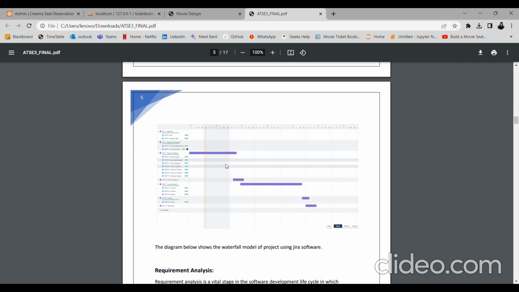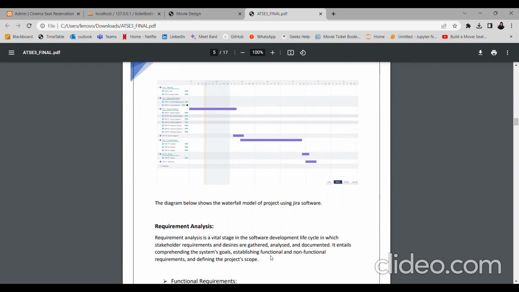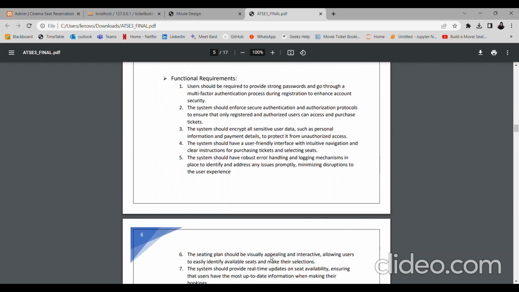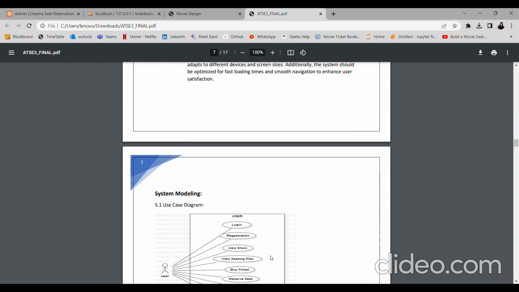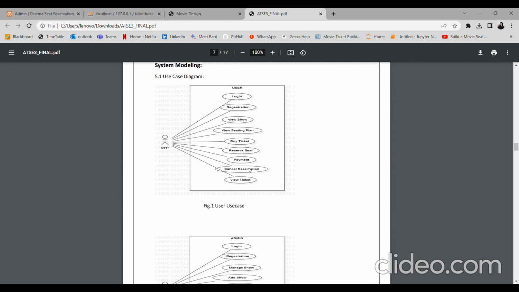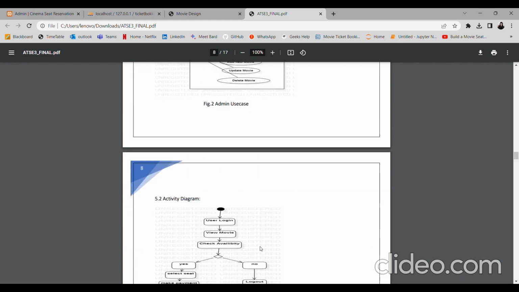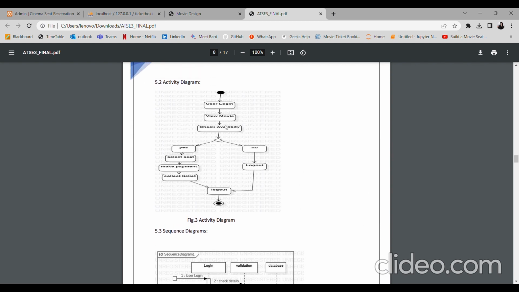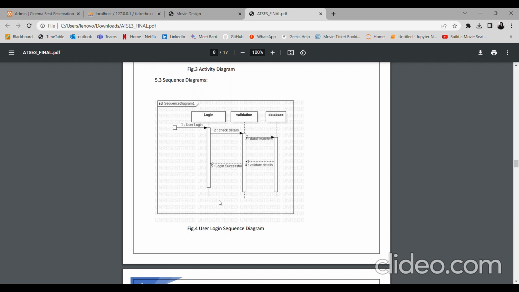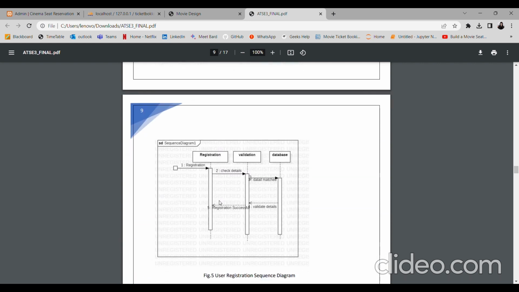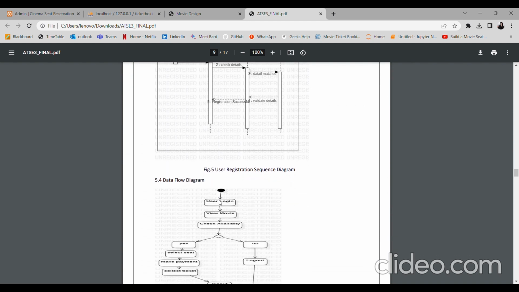In the requirement analysis, I also mentioned functional requirements and non-functional requirements. In system modeling, I have created use case diagrams like the user use case and admin use case. In the activity diagram, I have created the flow of the system. I also have created a sequence diagram of login and registration of users. Here is the data flow diagram of the system, and I also have created a database diagram which shows the